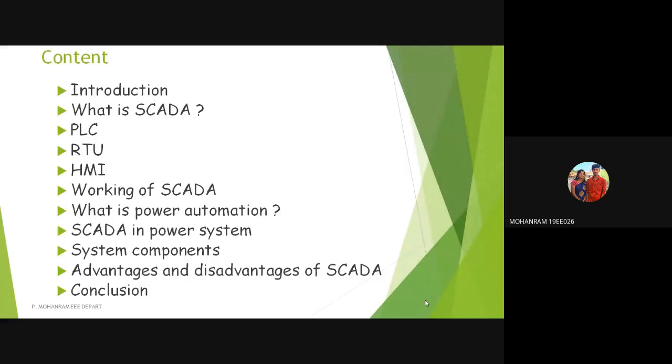So these are the contents: introduction, what is SCADA, the components like PLC, RTUs, HMI, the working of SCADA, the use of SCADA in power system and power system automation, and the system components of power system. So at last, the advantages and the disadvantages. So next,